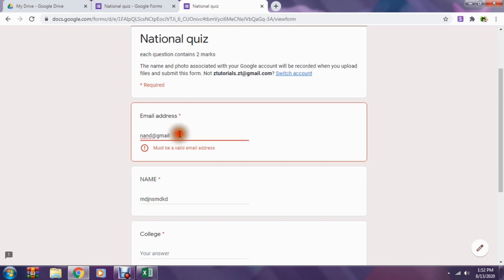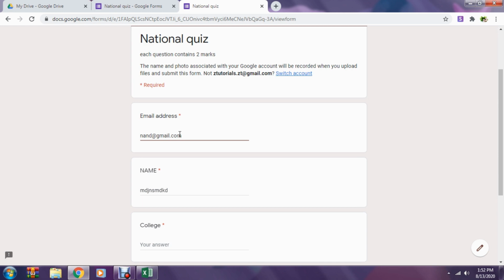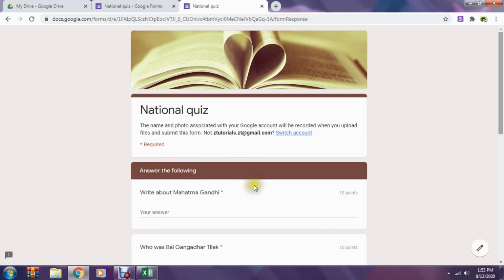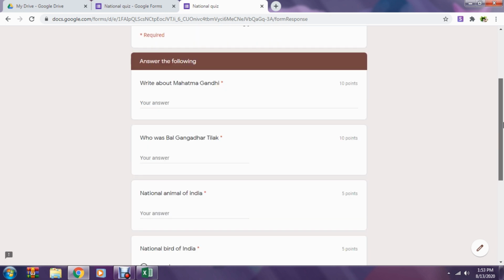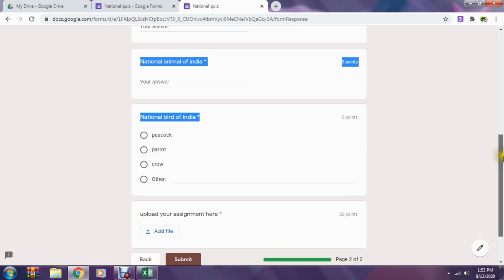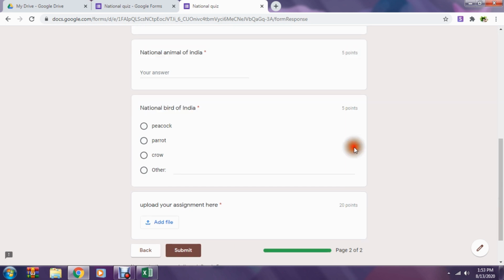We are entering the data, then next, and you will come to the question and answers page, and here you can see the points are allotted to all the questions. See, 10 points, 5 points, like that the points are allotted. So it has been changed.